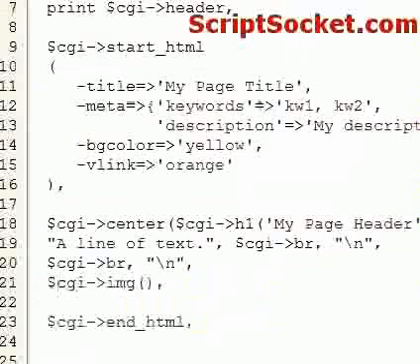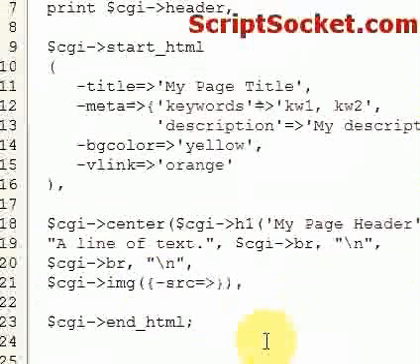So first of all, our src, so src equals fish.jpg, and then I think we will put in an alt, so comma alt a fish,